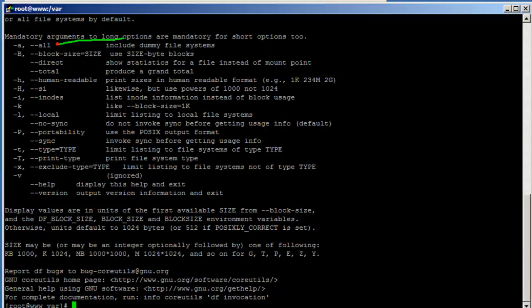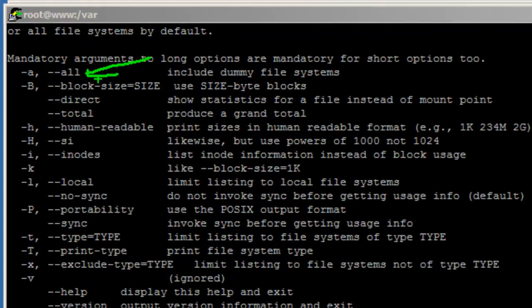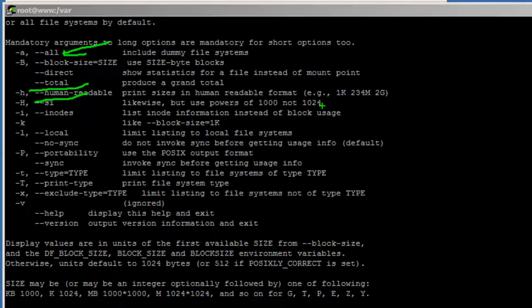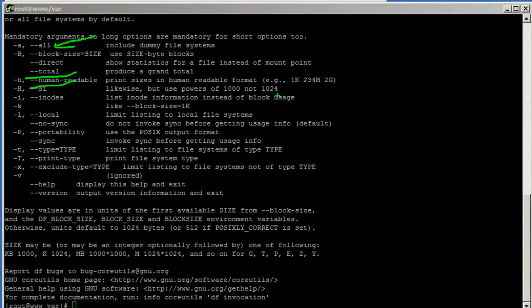So here's the minus a option, minus B block size options, the human readable, like I said, capital S. The capital H is the same as small h, but it uses powers of 1000 instead of 1024, which is the actual size conversion unit. Minus i lists the inode information,